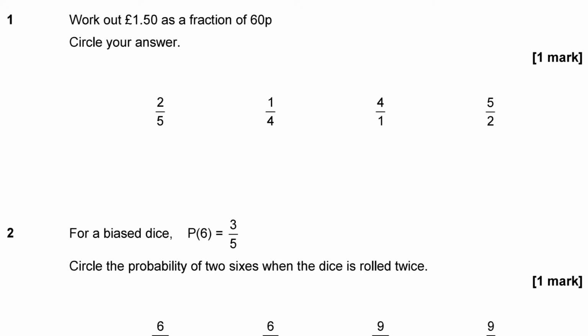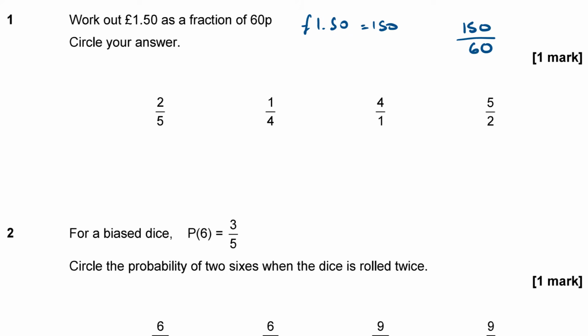Question 1. Work out £1.50 as a fraction of 60p. Circle your answer. Now, just take note of the wording. £1.50 comes first, so we're putting £1.50 as the numerator. £1.50 is the same thing as 150 pence, isn't it? So, as a fraction, I'm going to write 150 pence over 60 pence